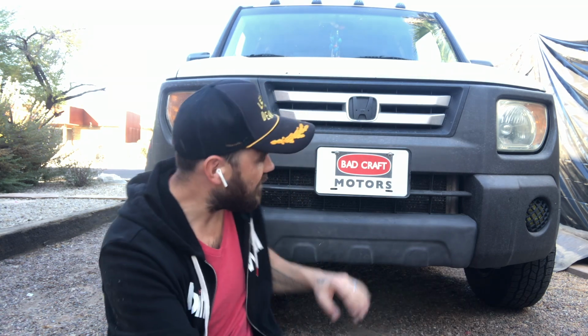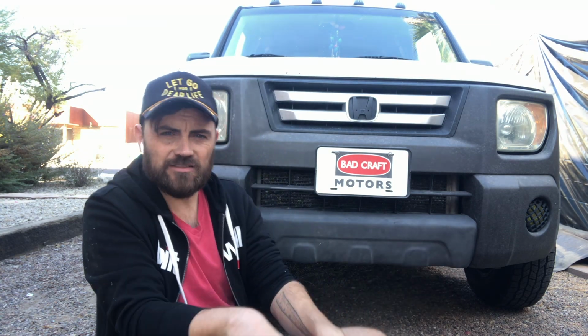This has been Ben with the install tips for our Honda Element front bumper trim. It is a part that we make here in the United States. Pull them ourselves, and